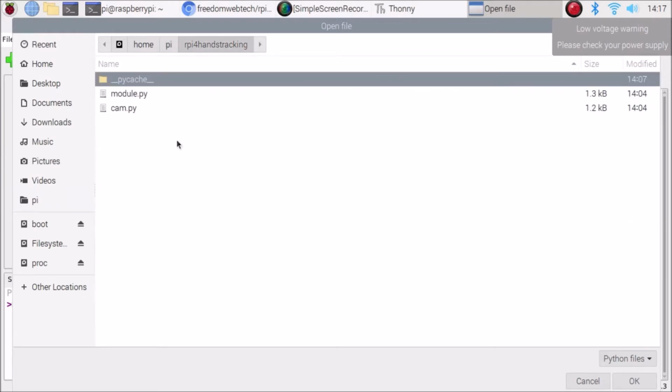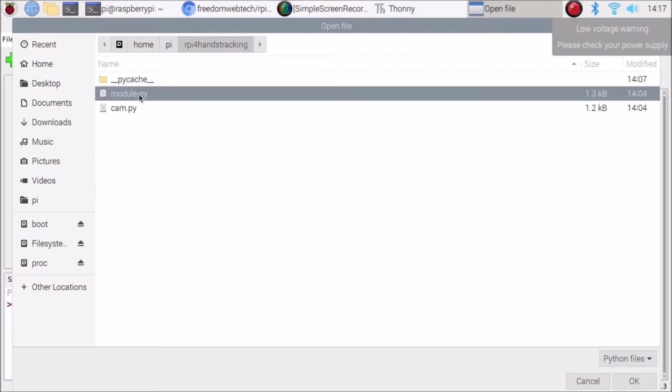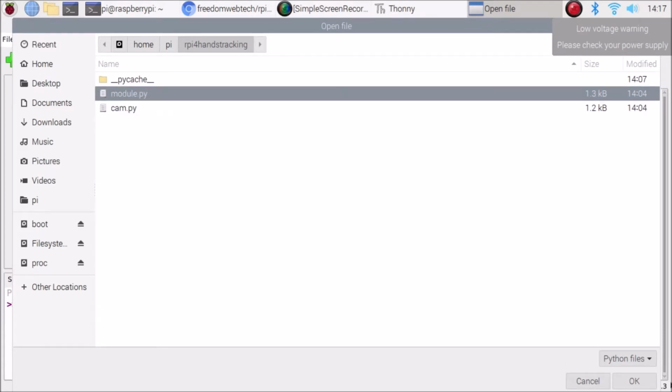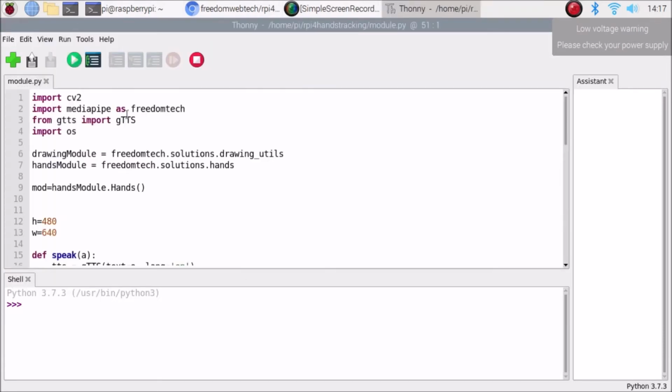Simply open the folder, and here we have our function module.py and the camera.py. I am going to open both files. Simply click on OK. So this is our function, friends.